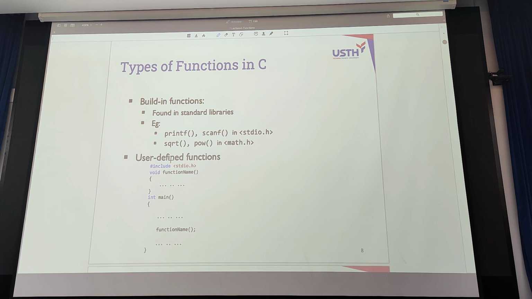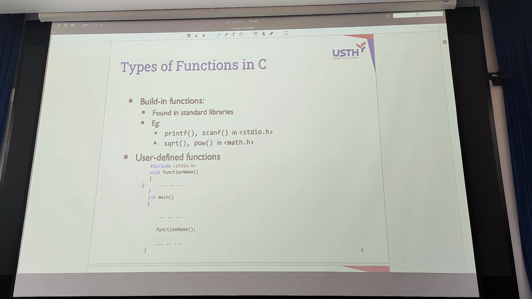Right? And to define the function, you will have to do something like this. Firstly, you have to define the function. Declare and define. Declare means you say, okay, I name the function. Firstly, you have to name the function and declare that there exists a function with the function name that returns the data type like this, and that has the parameters like that. That is a declaration.